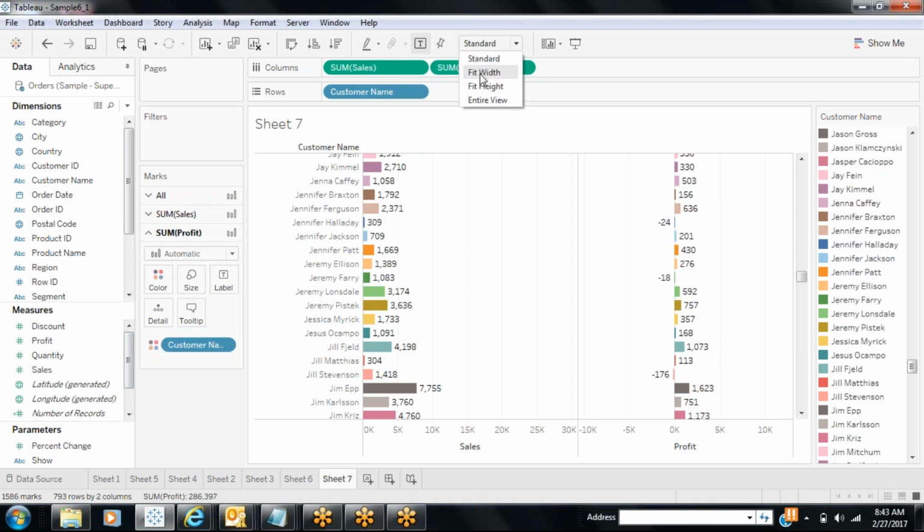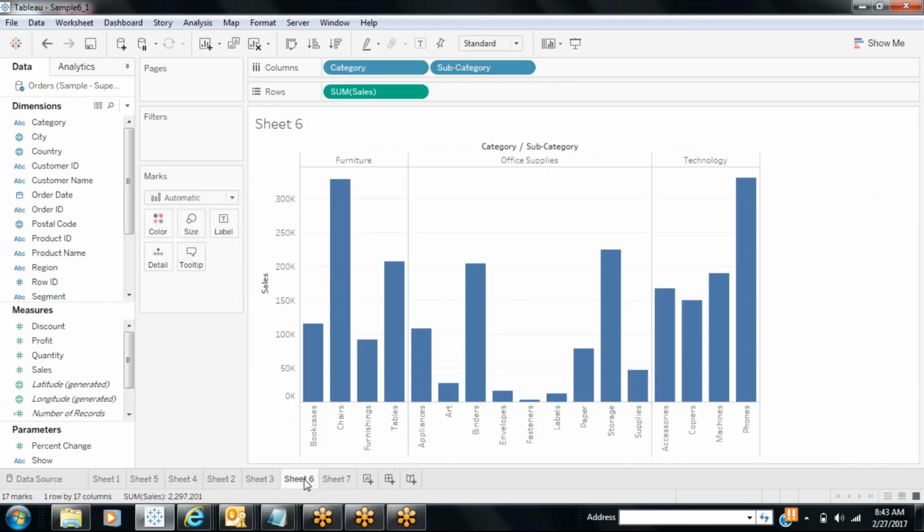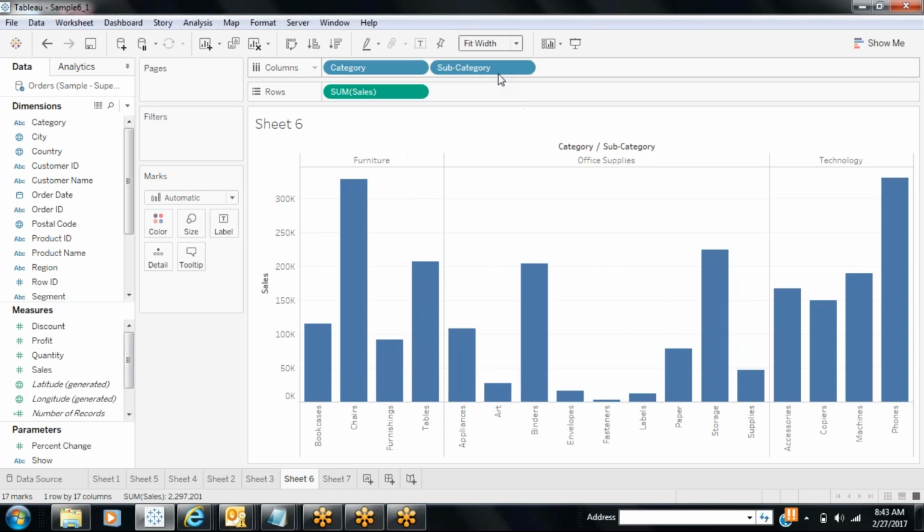So standard, fit width, fit height, entire view. For example, I have this. This is a standard. I want to display, this is your width, right? So I want to display this fit width. So it will display. It adjusts. Why? Because suppose for example, 3 sheets I am accommodating in one dashboard. So this one is occupying the complete sheet, but another one is occupying only a small